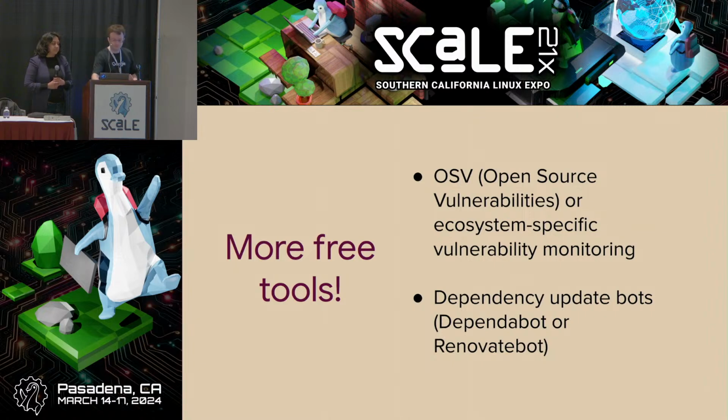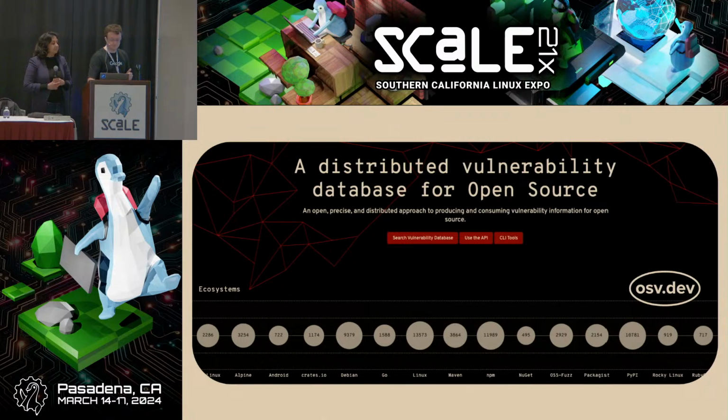So for an open source project, the analogous solutions are tools for vulnerability monitoring and alerting, and dependency update tools. Monitoring tools like OSV, which stands for the Open Source Vulnerabilities Database, let you know whether you've been exposed to a vulnerability somewhere in your dependency graph. You may have heard of CVEs, the Common Vulnerabilities and Exposures program, but OSV is specific to open source and has a lot of associated tooling. And you can see all the ecosystems that it covers at the bottom of the slide there, and they're continuously adding new ones.